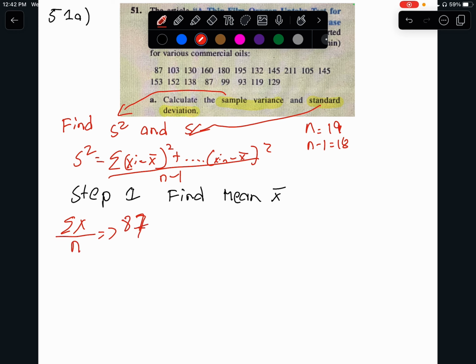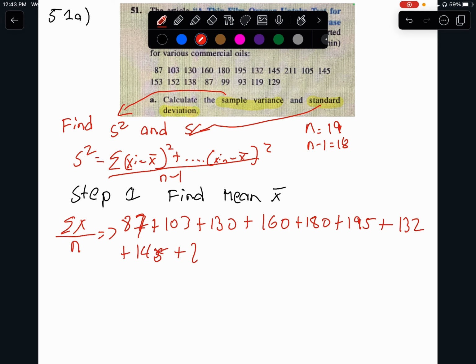As I type this, we're going to do it on my calculator as well. So 87, I'll do it with you, plus 103, plus 130, plus 160, plus 180, plus 195, plus 132, plus 145, plus 211, plus 105, plus 145,